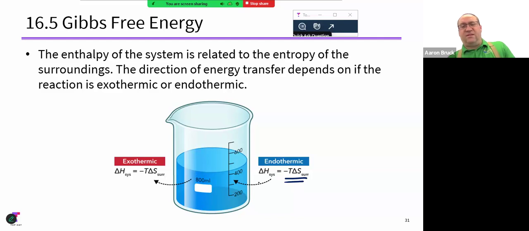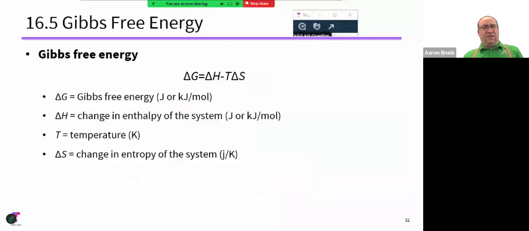What that tells us is that if delta H is positive, then the entropy of the surroundings must be negative. And if the system is exothermic, it's releasing heat, then the entropy of the surroundings must be positive. And so I can start to relate this into a more concrete equation here,